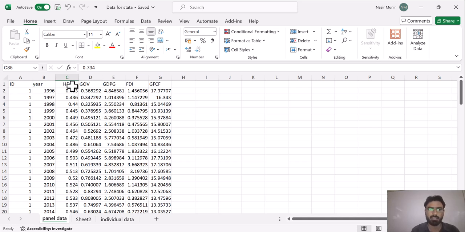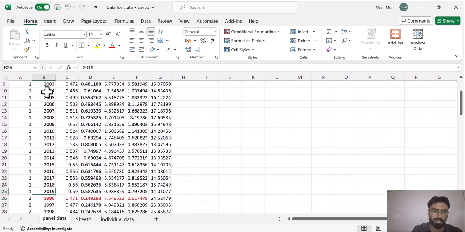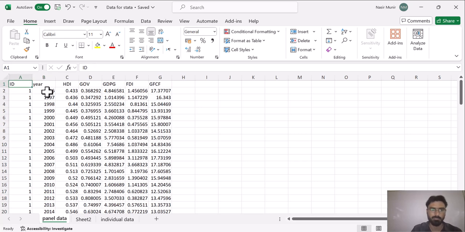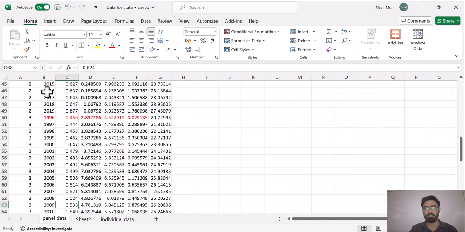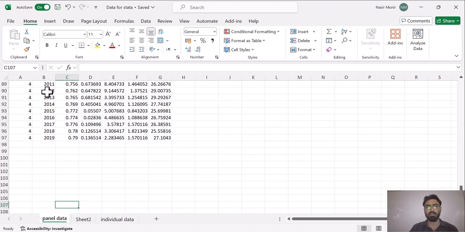You have to write all the indicator names only once. In the year column you have to rewrite the years depending upon your choice. In my Excel sheet I have mentioned all the years for different countries individually, and I have mentioned the series name as well. This is how you can convert time series data into panel data. Here there is no discrimination of different countries; this whole sheet contains the data set for all countries.